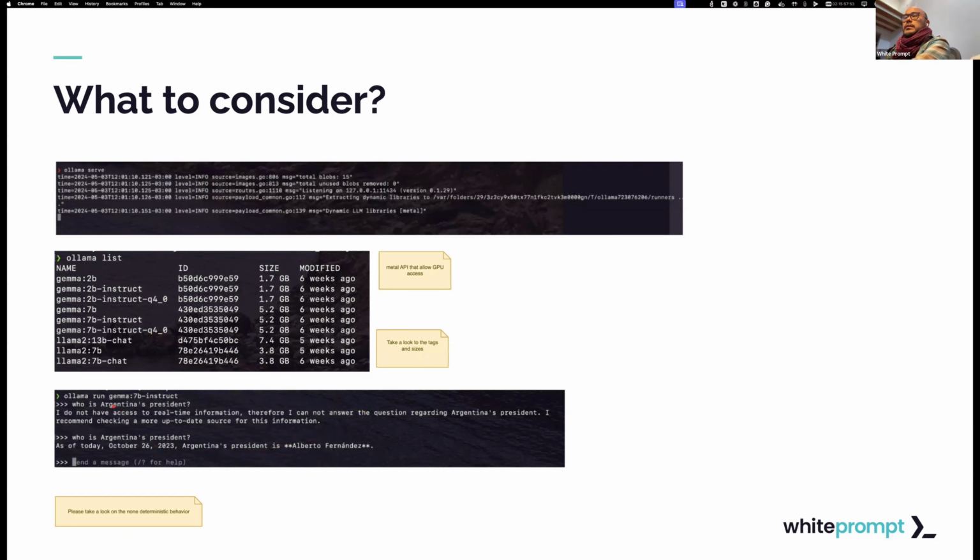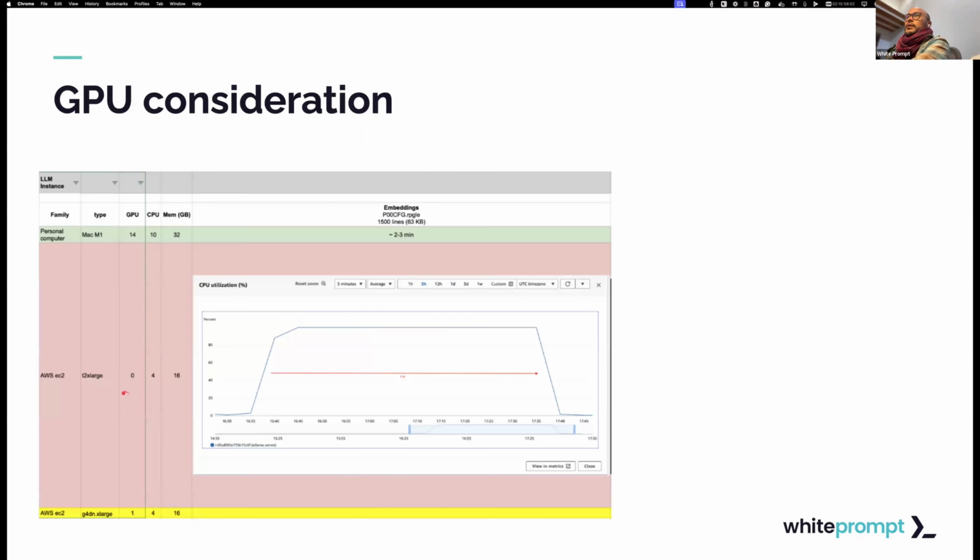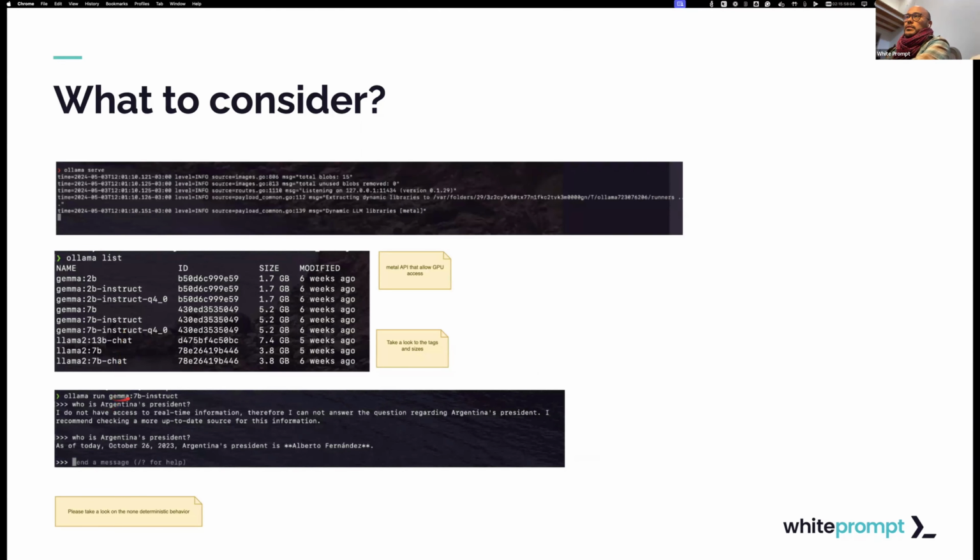And lastly, you will see here that with the model, you can start working out of the box. So you can run ollama run gemma 7b instruct and start requesting some tasks from the LLM. And as you can see here, I asked who is Argentina's president. The first time it says that it cannot answer the question about Argentina's president,